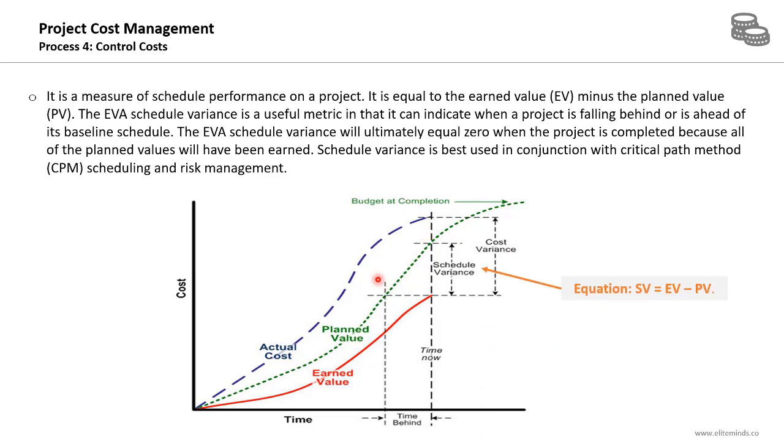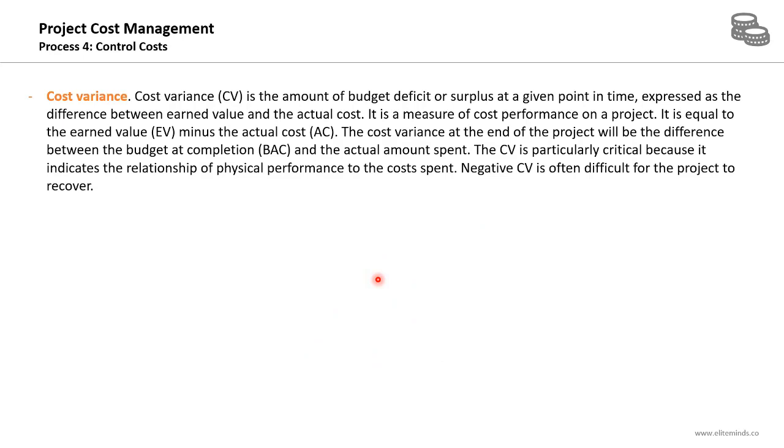The equation of the schedule variance is earned value minus planned value. The cost variance is the amount of budget deficit or surplus at a given point in time. Are we over budget or within budget? It's expressed as the difference between the earned value and the actual cost. It's a measure of cost performance on a project, and it is equal to the earned value minus the actual